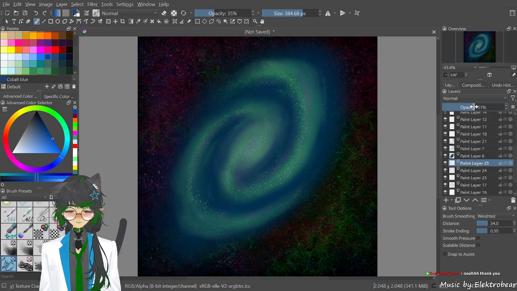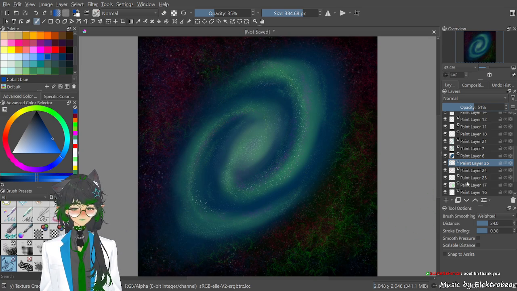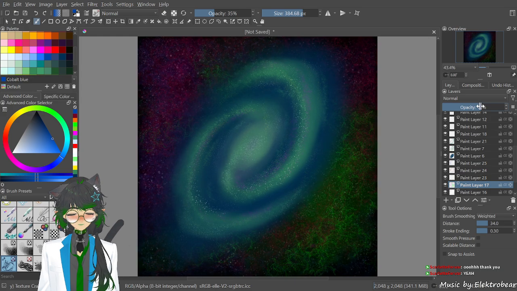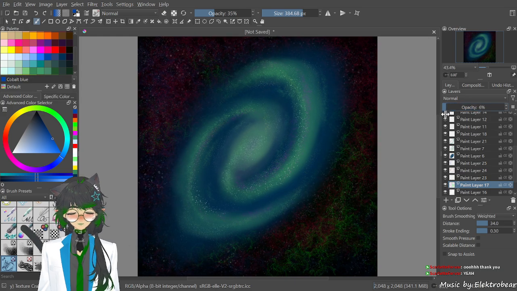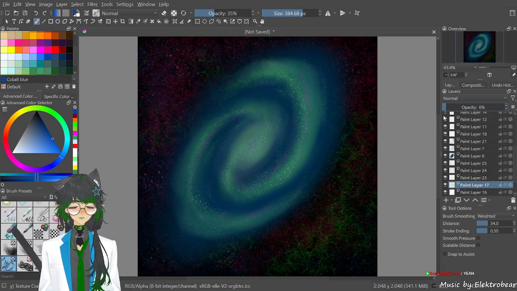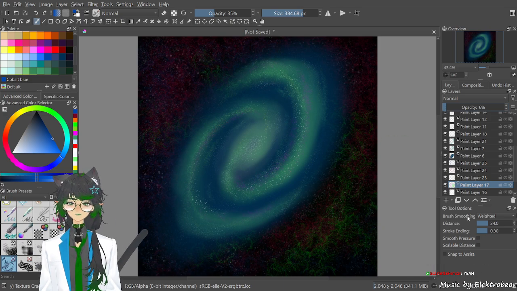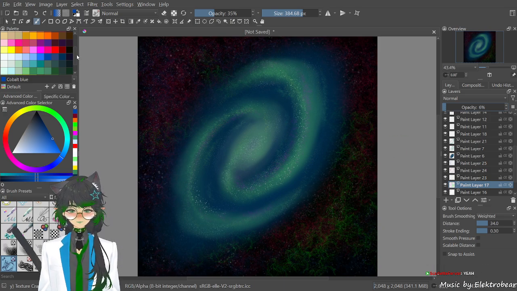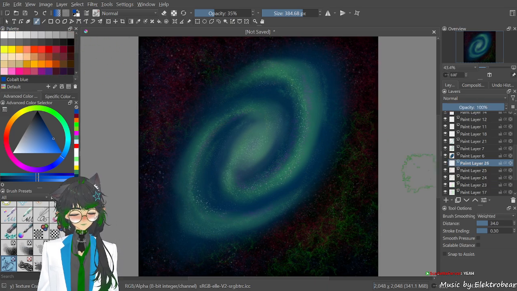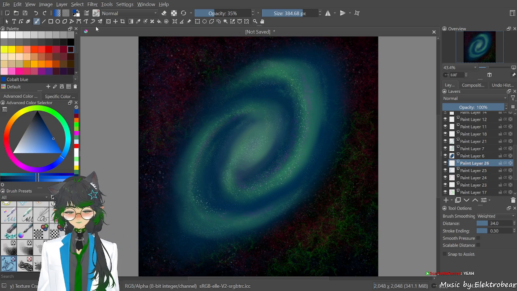Bring this down a little bit. And then I do want to make this a little bit more. Is this the layer that I'm working with? Yes, I want to bring that down way more. Okay, and then because this is just filaments there, I kind of want to actually have some shaping to the actual space back there. So